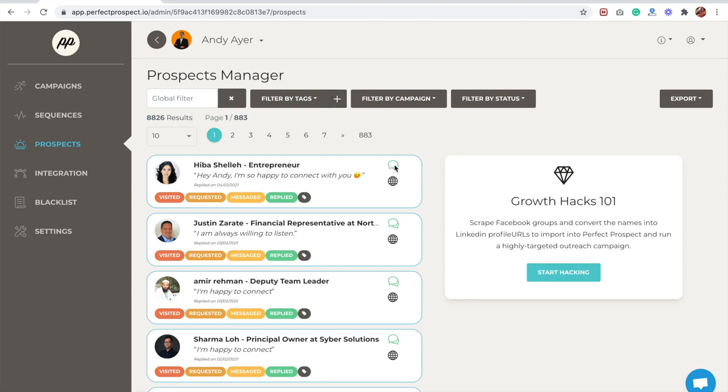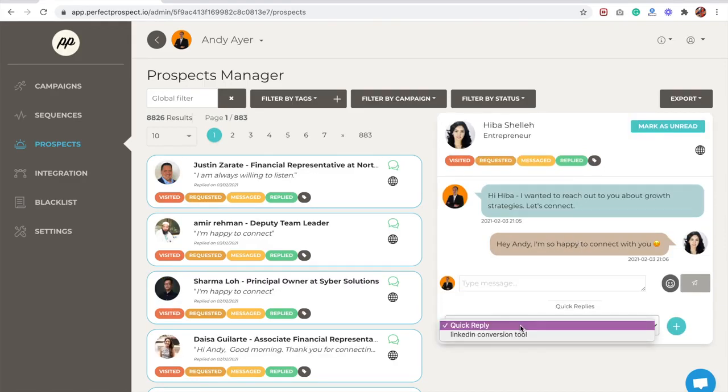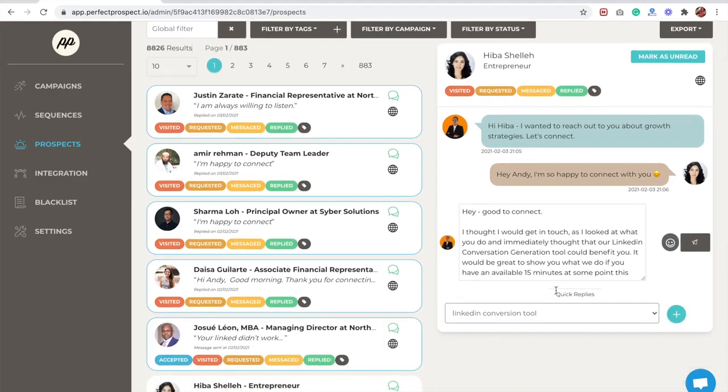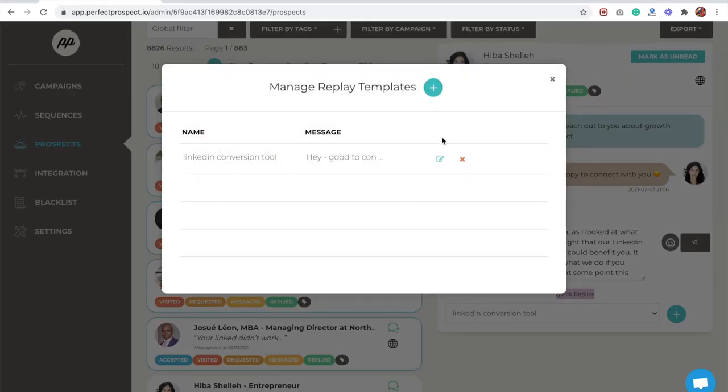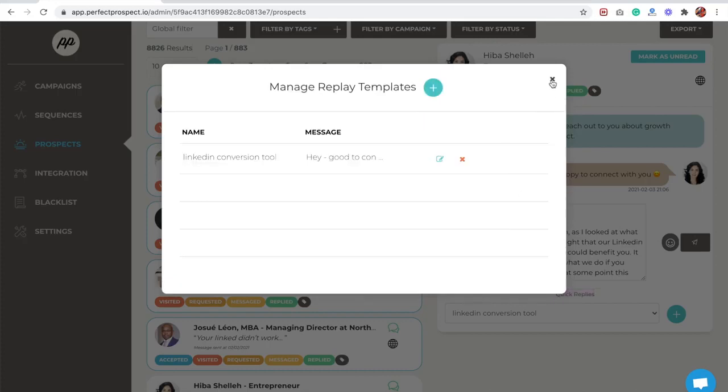We can start to see conversations here, replies sent, and we can also send replies from within the tool. We have a quick replies feature where you can make your own reply template here, save it, and anytime you get a new reply that is